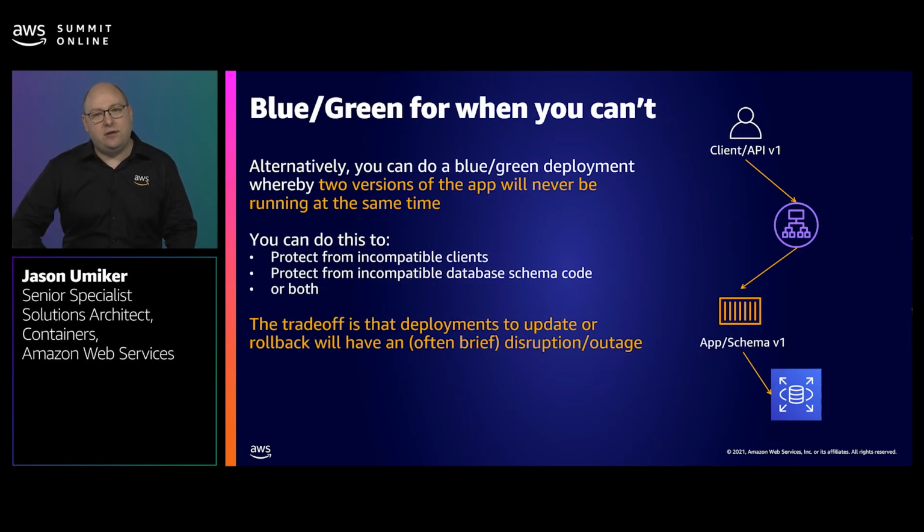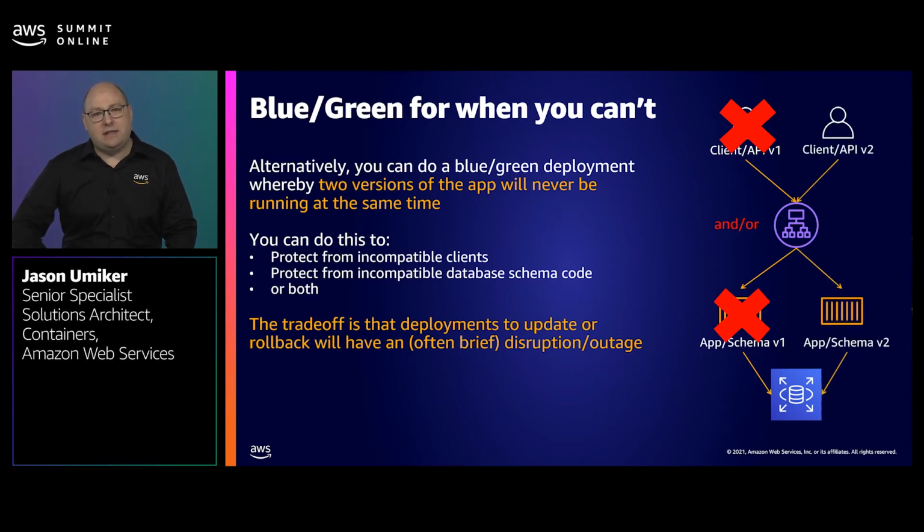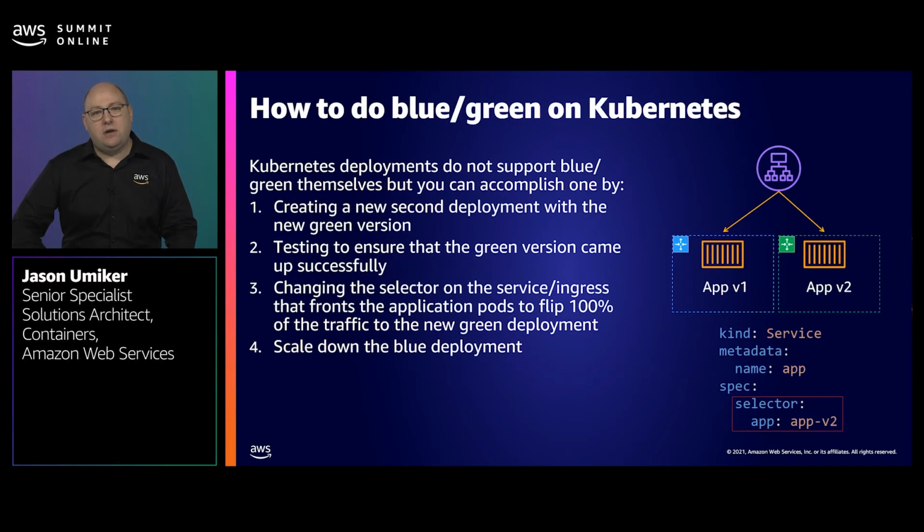If, for whatever reason, you can't make those changes to the app to allow for the rolling updates quite yet, there's an alternative, blue-green deployments. This ensures that your old version stops receiving traffic and interacting with your database before the new version comes up. The trade-off with this is that both deployments, as well as rollbacks, will often entail a disruption when you flip that traffic back and forth. To minimize the risk of possible disruption, customers may want to do these deployments during a change window, when you are at a low point in your traffic, or you have agreed with your customers that it's acceptable to have a brief interruption.